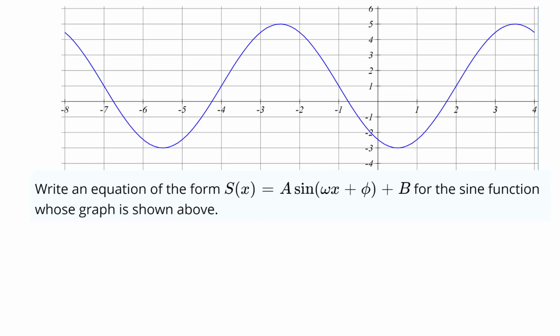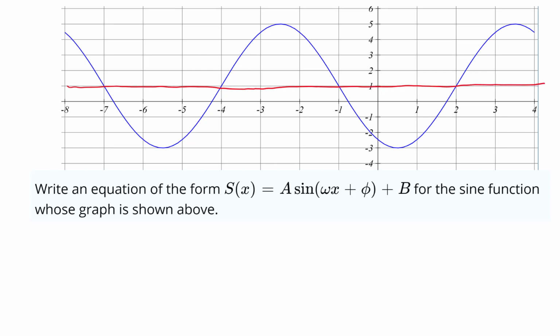All right, here we are given a graph of a trig function and we want to try and find the equation, and it looks like we want to do that in terms of a sine. So the first thing I'm going to do is determine where the baseline is, where this is oscillating about. So I draw a line through the middle, and it looks like the middle is going to be right here,